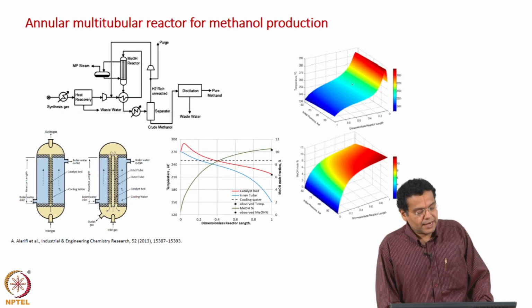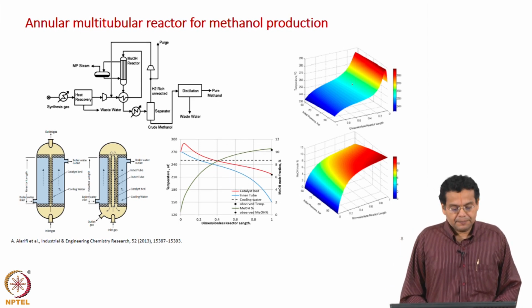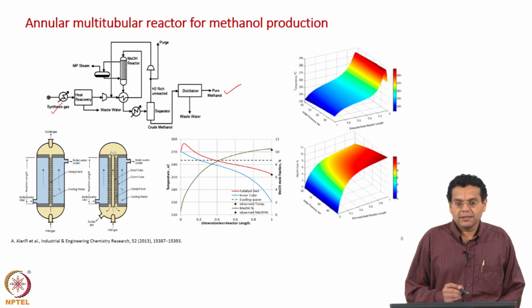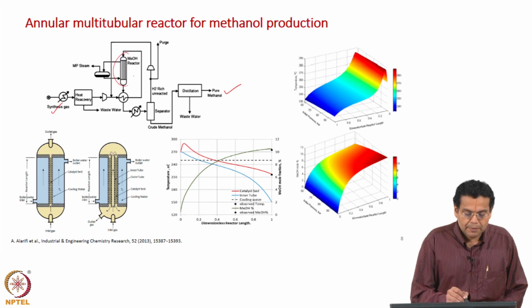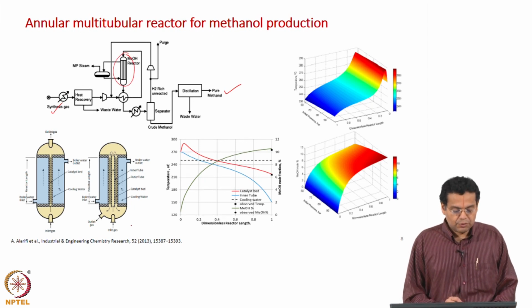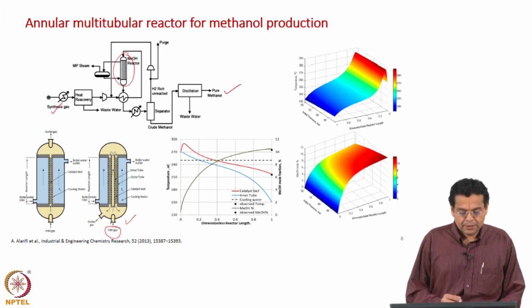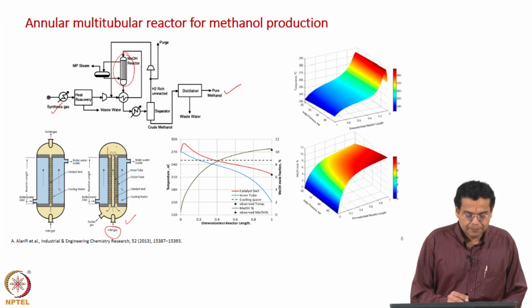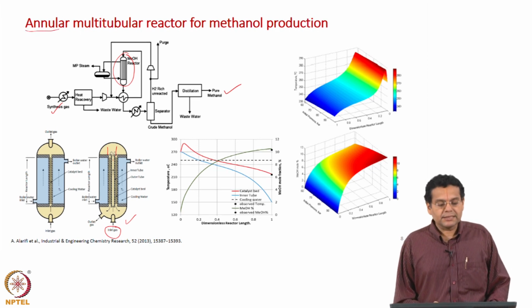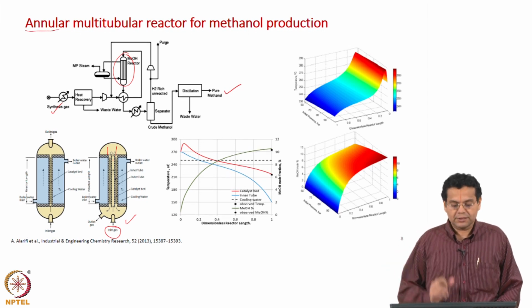Okay, let us move on to reactors. The first example is a packed bed reactor. The application is for the production of methanol from synthesis gas, for which the flow sheet is shown here. Our focus is on the methanol reactor, and one of the designs is shown here. The feed gas enters here, rises up through the inner tube and then flows down through the annular tube. That is why the title says annular multitubular reactor. We are focusing on one such tube, there are several such tubes in the reactor.